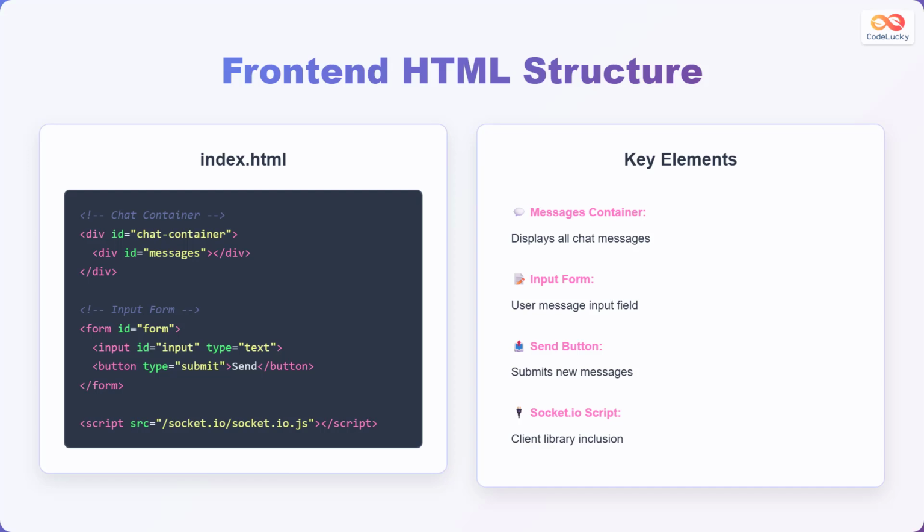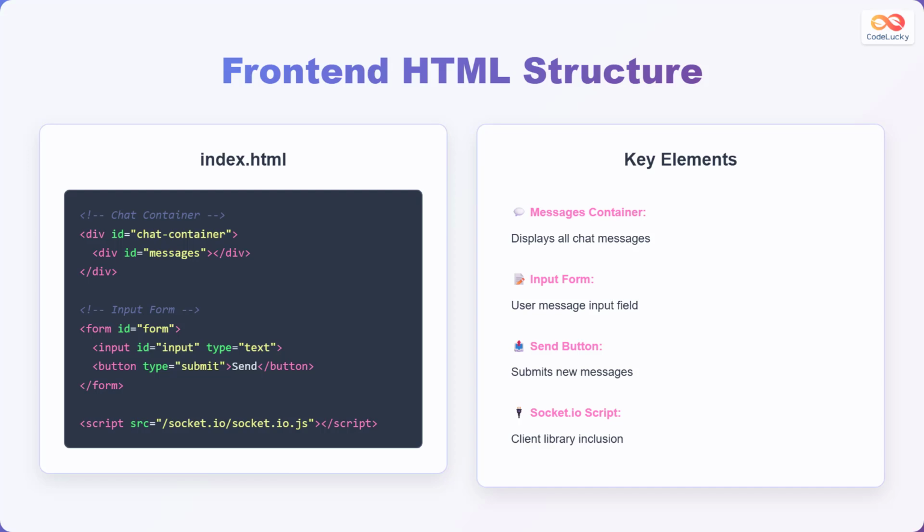Let's create the basic structure of our front end using HTML. We'll start with the div element with the ID chat container. Inside this div, we'll have another div with the ID messages, which will hold all the chat messages. Next, we'll create a form element with the ID form. Inside the form, we'll have an input field with the ID input for typing messages and a button to submit the form. Finally, we'll include the Socket.io client library by referencing